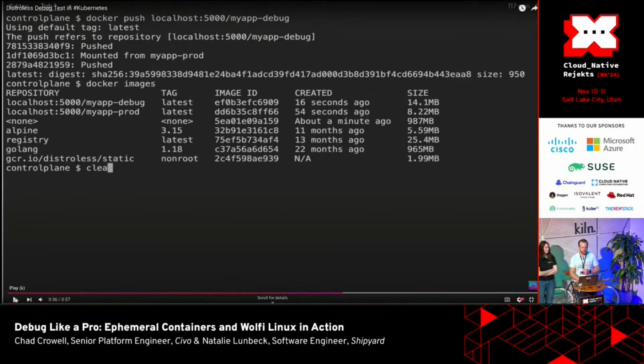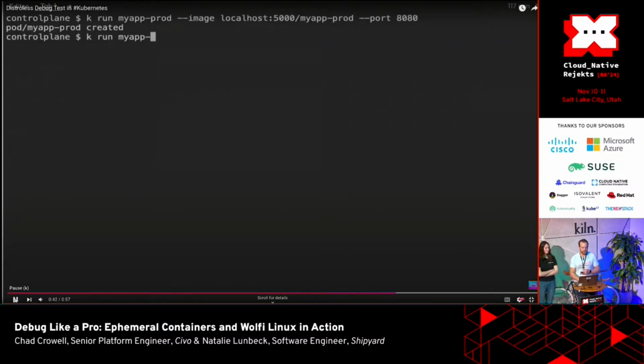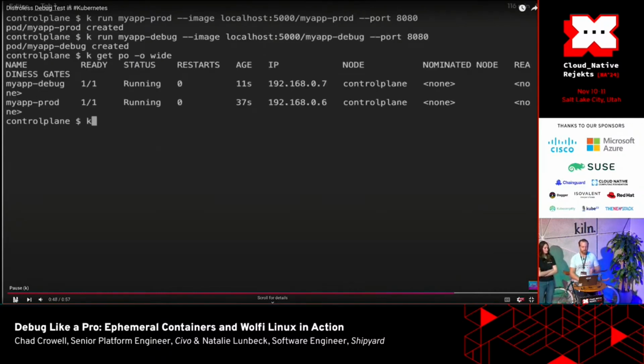And then we see we have two different versions, two different images that we're going to deploy to production now, or deploy to our environments. One for our production and one for our development environment. And at the end of the day, what this means is that we can get a shell to our debug version of our app and be able to debug our production, being that we are running this in the same